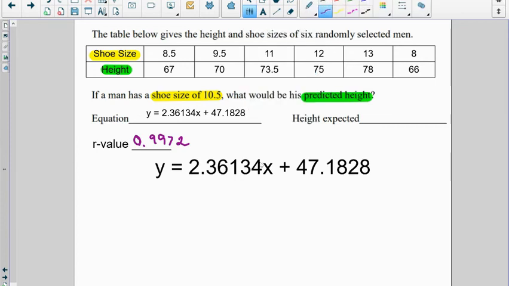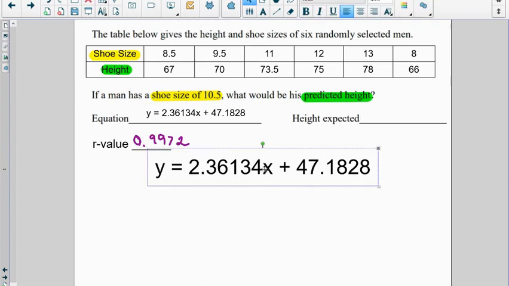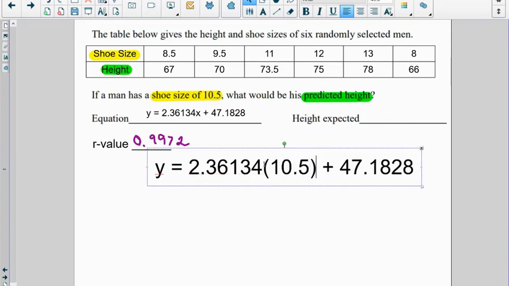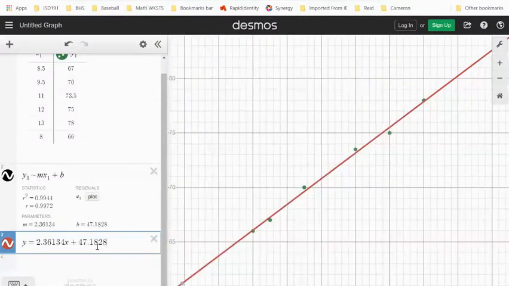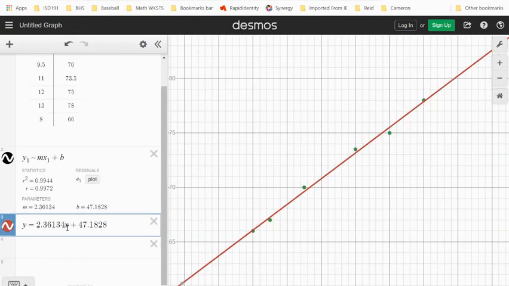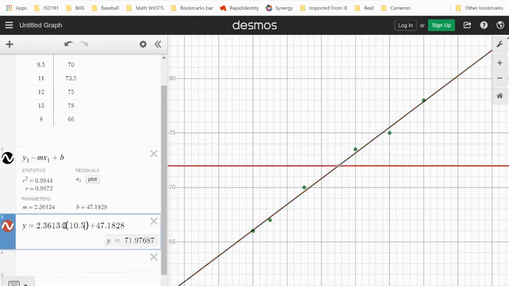So we're going to take this equation and replace the shoe size, or X, with 10.5. I'm going to use parentheses here to show that it's still multiplication. It's Y equals M times the X plus B. And then I have to do a little bit of math. So you grab your favorite calculator. I'm going to just grab Desmos, because in Desmos, I can just replace this with 10.5 using parentheses as well. Oops, not X. There we go. So M times 10.5 plus B gives me about